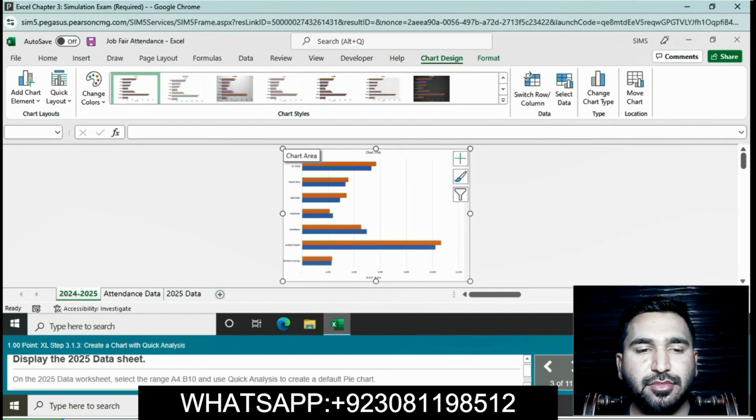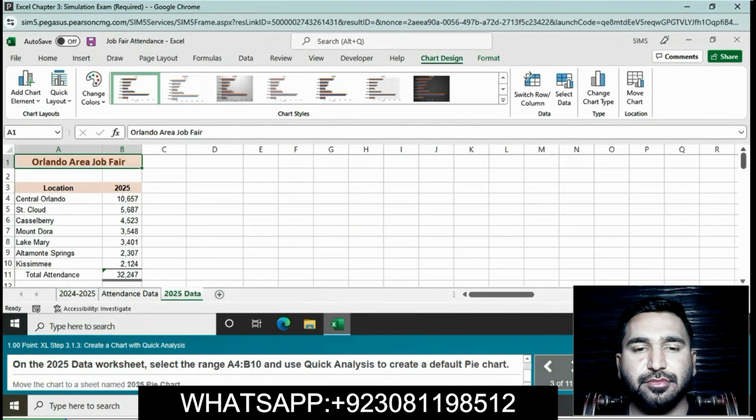Okay, here is the 2025 data sheet, you can see here. We will display this sheet. Okay, on the 2025 data worksheet, select the range A4 to B10 and then use quick analysis to create a